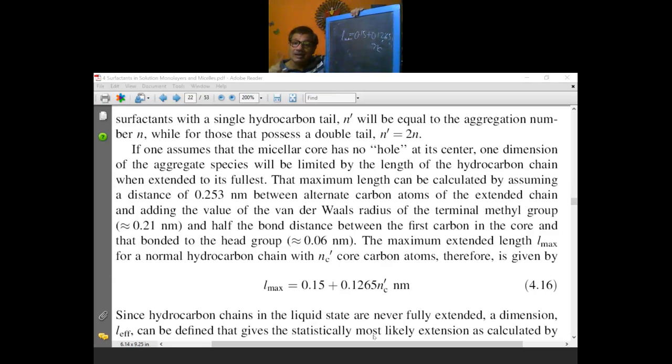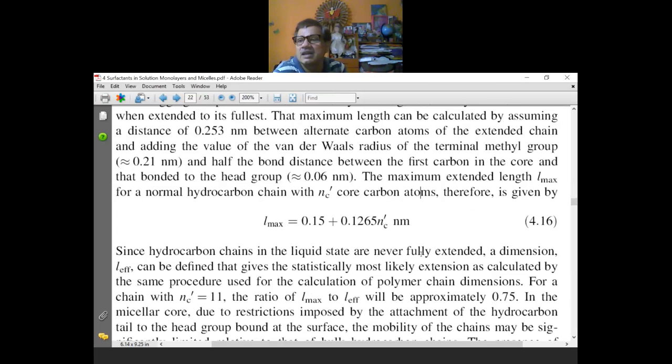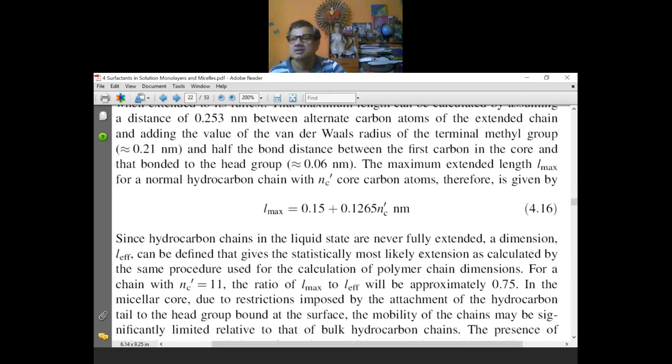So L max, the maximum extended chain length for a normal hydrocarbon chain with NC prime core carbon atoms, can be expressed by this expression: L max equals 0.15 plus